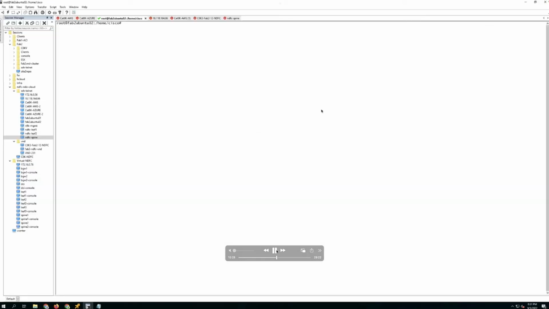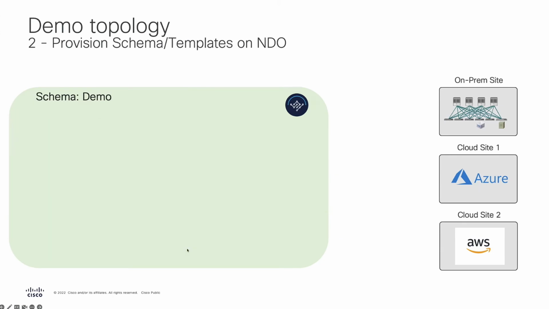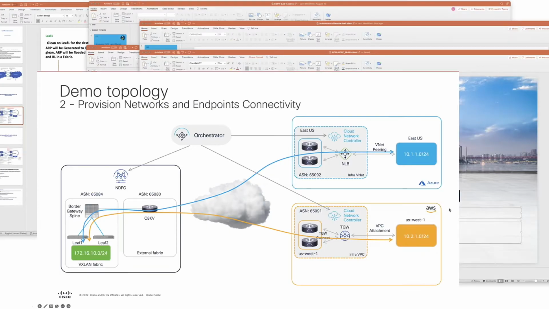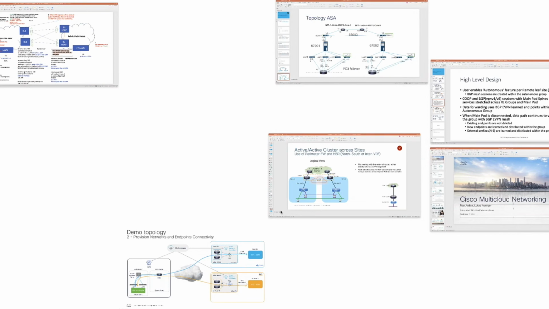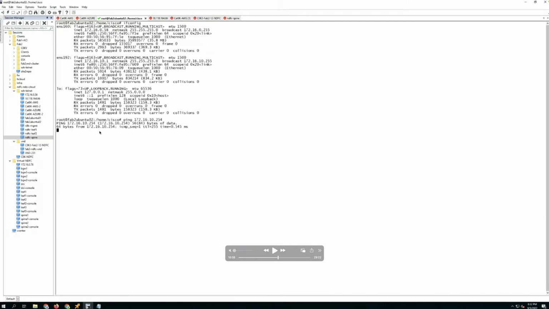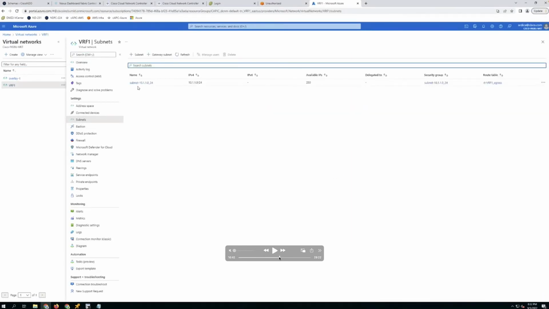I'm going to deploy that configuration, which basically pushes the network creation on-prem. At this point, if I stop for one second and go back, I basically created these three constructs that I show in this slide. They will leverage the VXLAN and VPN connectivity that I built in the first part of the demo, to allow a VM on-prem to communicate with the VM in the cloud. The rest of the demo will show that I can go on a VM on-prem and ping my default gateway,